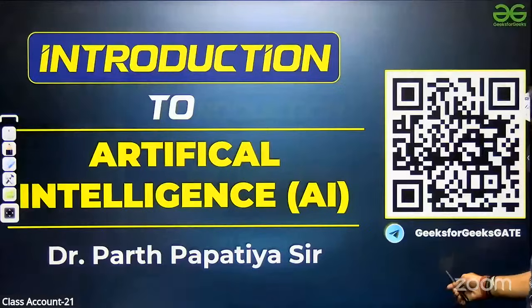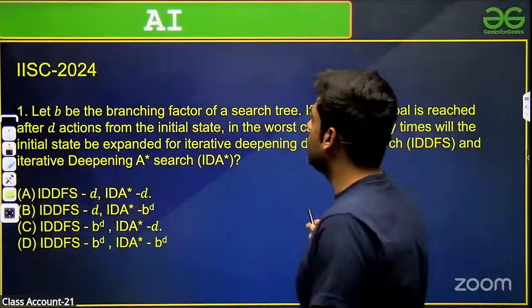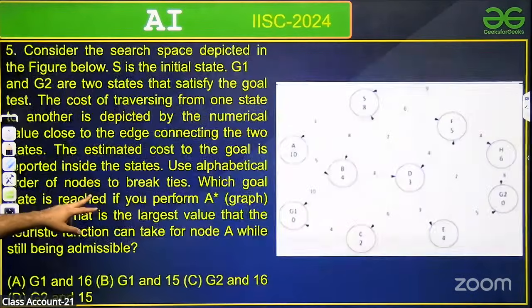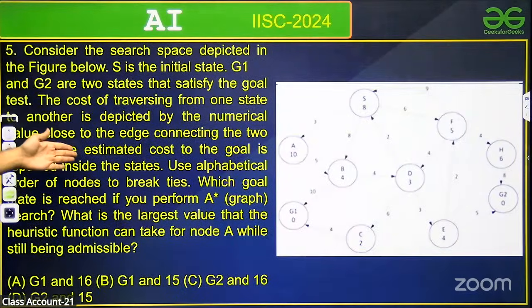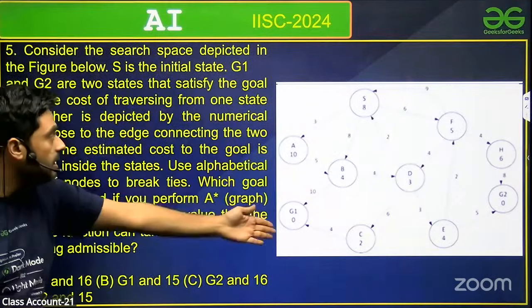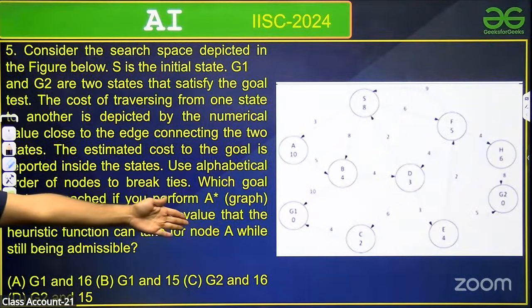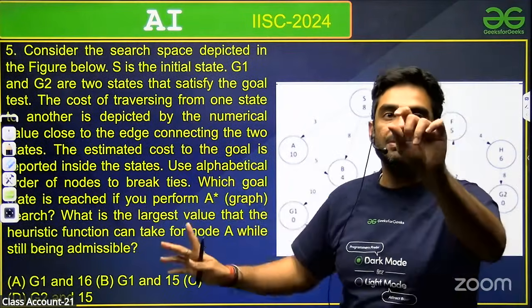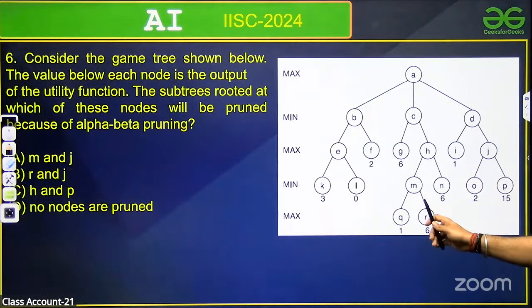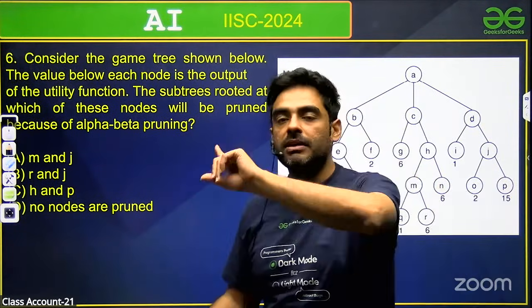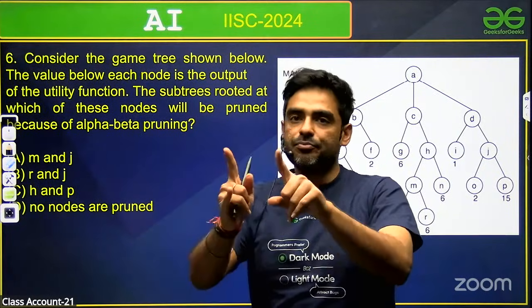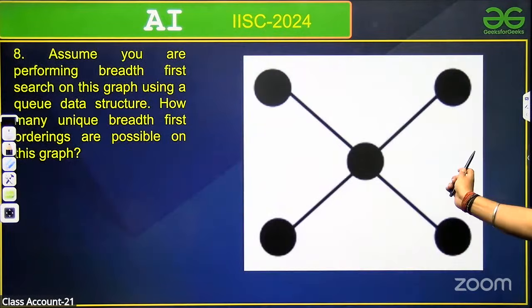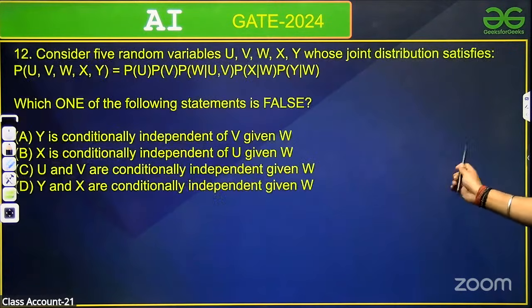I have that, I would be solving it. Just see the level of questions. This one IISc has given, and this is a question on the A star search algorithm, right? So you just see the level of the lengthy questions that they have given. To be very frank, you can expect these questions. I have made these questions based on the level which IISc has asked in the main paper. I have made a list of all these questions.